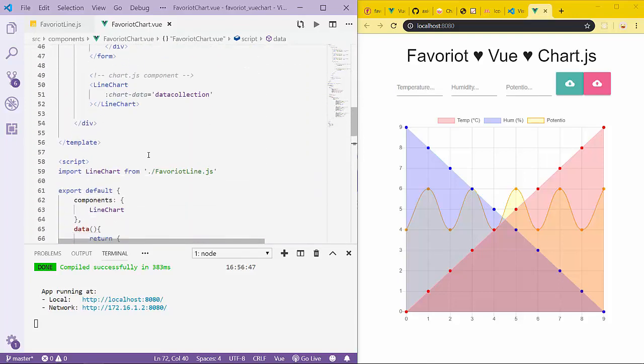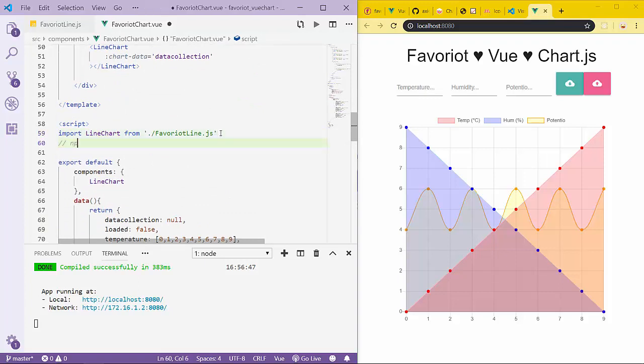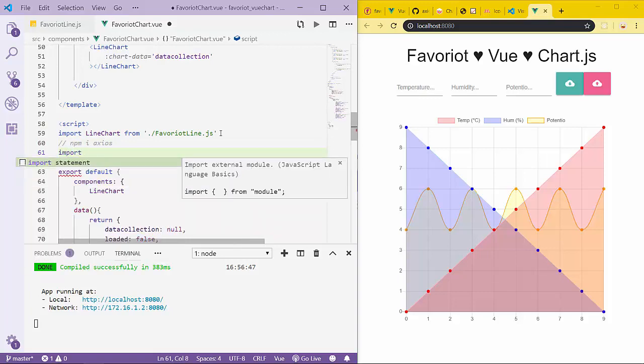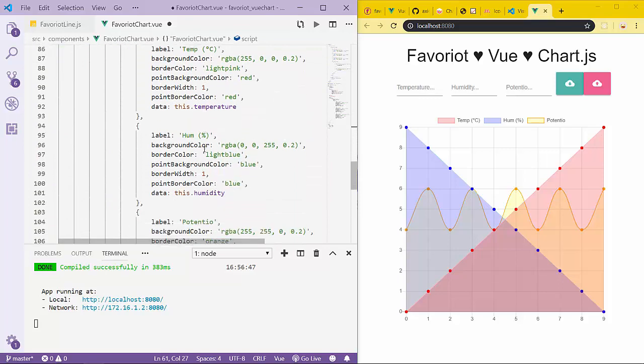Okay, so I will insert first. You have to install Axios. Make sure you have installed Axios, npm install Axios, and let's import the Axios. Import Axios from Axios like this, and then I will create a function